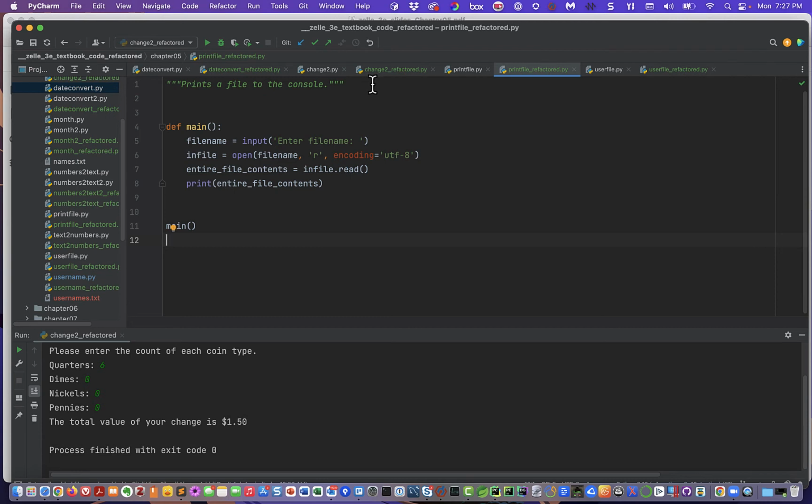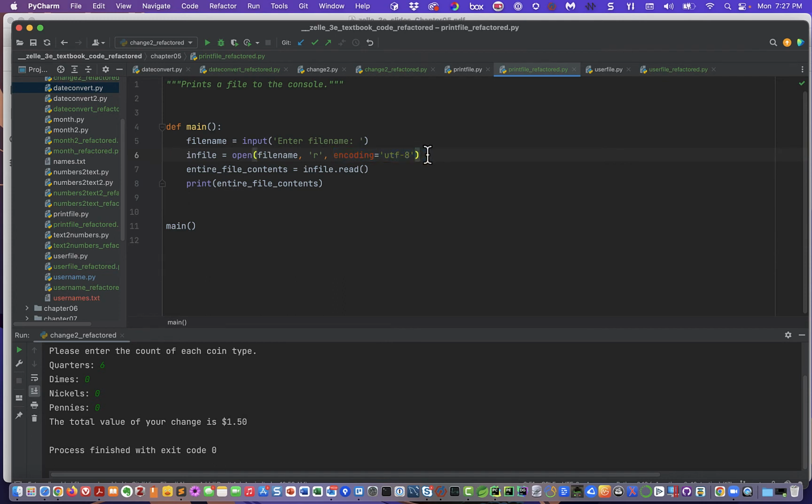Okay. Now we've got a nice pretty doc string. I've kind of improved the variable names so they're a little bit more standard. So we prompt the user for the name of the file name. And then we get a reference to the in file object by calling open with the file name, the mode, which is a character string R, and then the other thing that we typically do that they don't address in the book is that